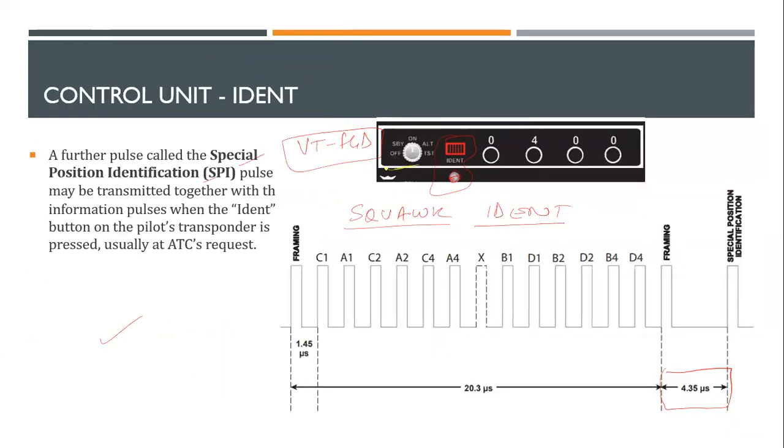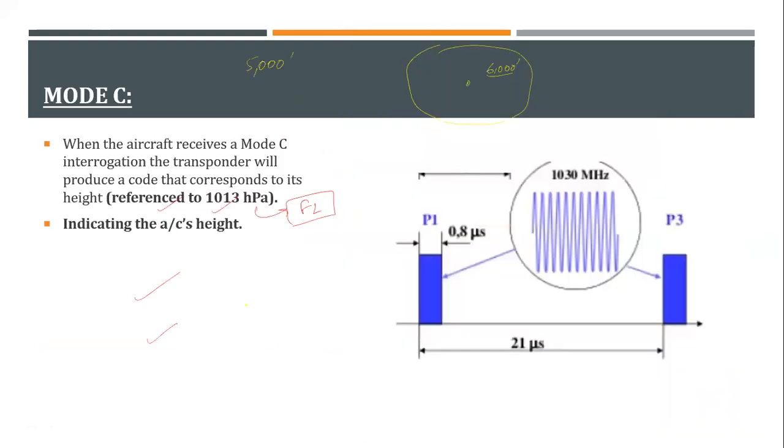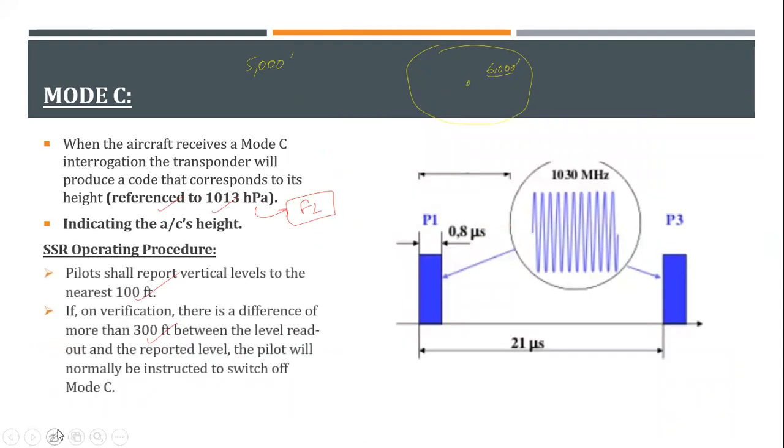How can you restart or press the ident? You can see on this device, we have on, altitude, and test. The altitude button you can always use to switch on and switch off as required. You should not do it on your own will. It is only when you are required to do that.